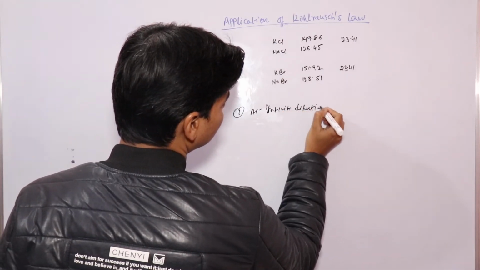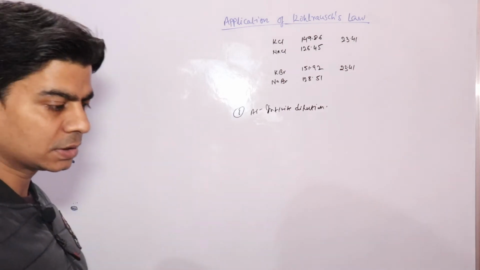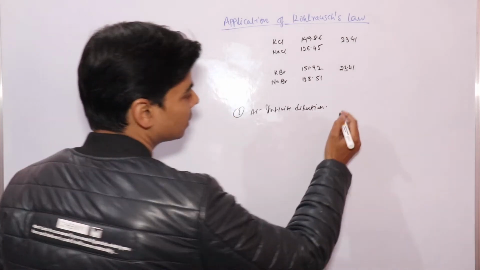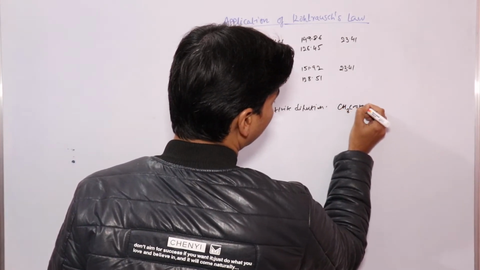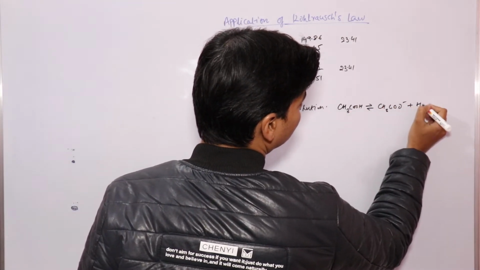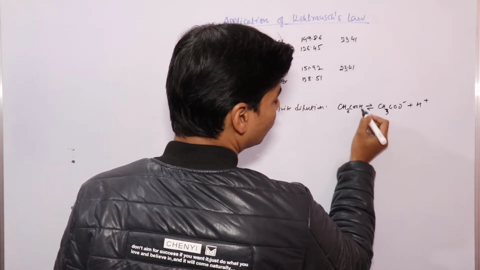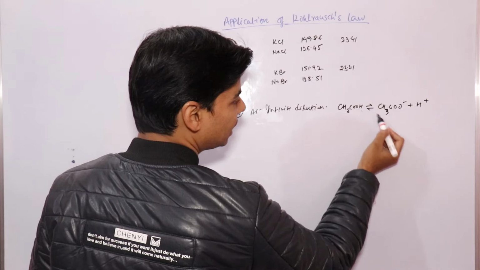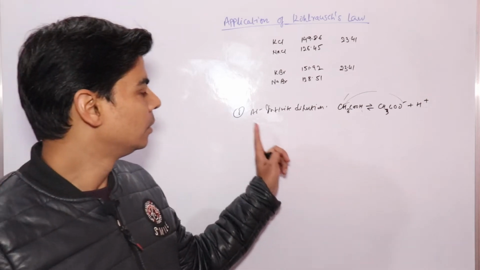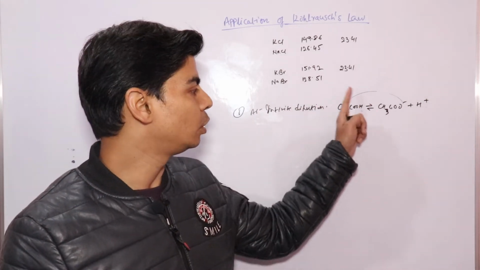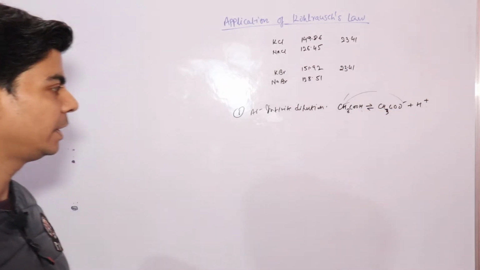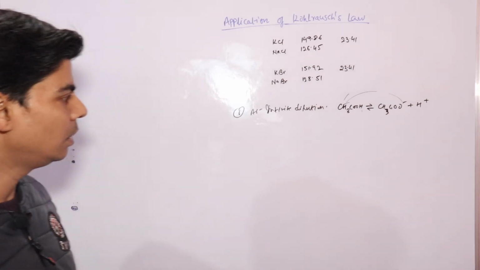Since we know that weak electrolytes are feebly dissociated, are feebly ionized, right? By feebly ionized, we mean that acetic acid, being a weak electrolyte, will undergo this reversible reaction in which acetate and hydrogen ions will combine back to give acetic acid. That means the solution of weak electrolytes contains molecules as well as ions, due to which their conductivity is less compared to strong electrolytes, which contain only ions.